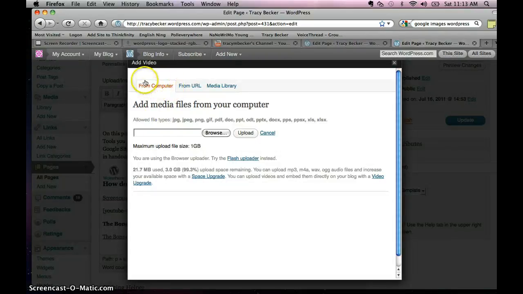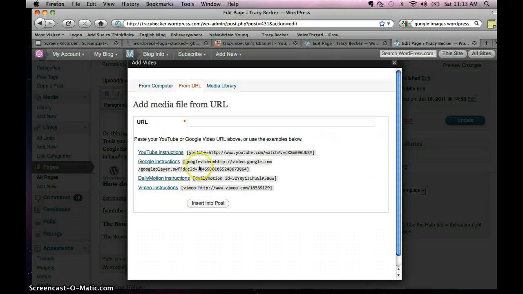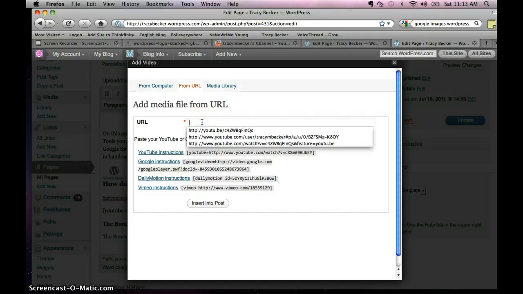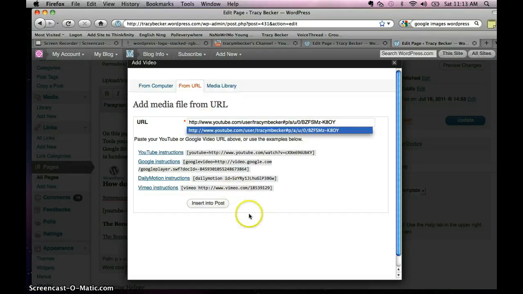And you cannot add from your computer unless you have the upgraded version of WordPress, which you must pay money for, which of course as teachers we don't want to pay money for stuff. So we'll just use the free version, which allows you to add videos through URL, YouTube, Google, Dailymotion, and Vimeo. Those are the 4 things that you can add video from, and you probably could add video from other places, I would imagine. I haven't tried that yet, but I'm going to actually just go ahead and Control V, and